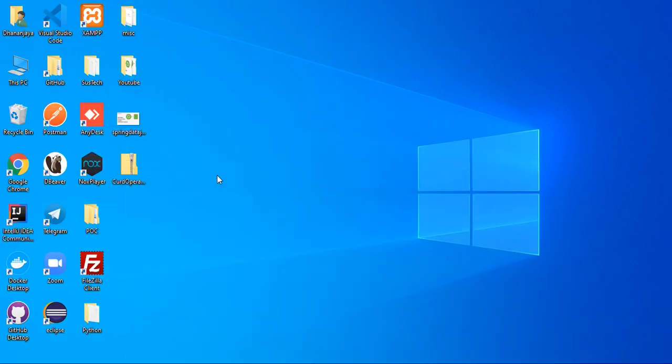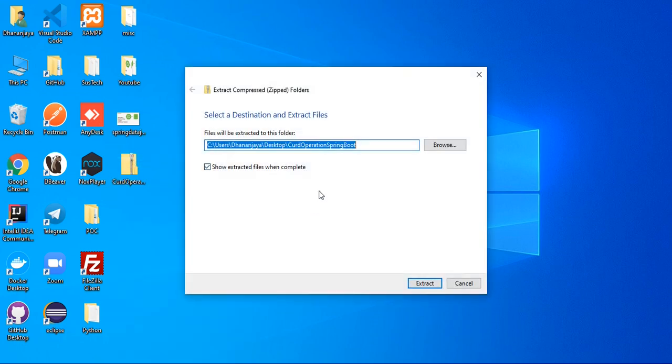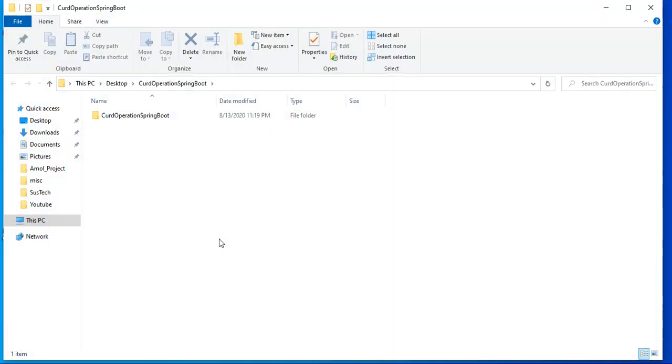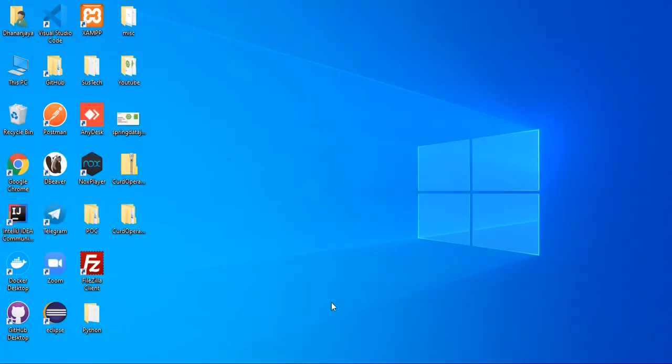Okay, it's downloaded successfully. Let's extract this. Okay, let's import it into IntelliJ.